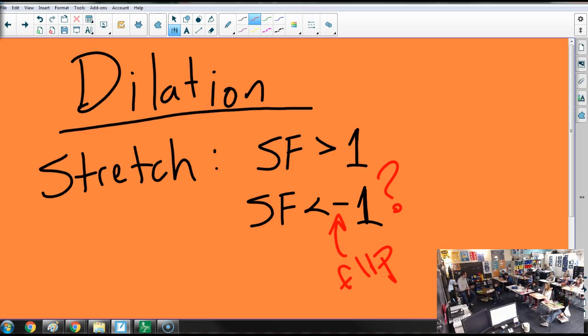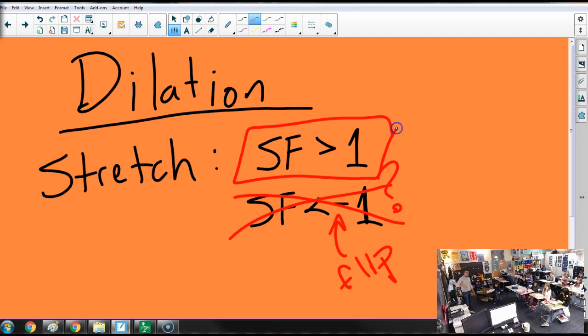But guys, technically, and I need you to hear this, that's not a scale factor. Technically, our scale factor would just be bigger than 1, and then there would be a reflection. But if you want to do it at the same time, you just put it together and say, multiply each of your points by -2, which will not only scale it,